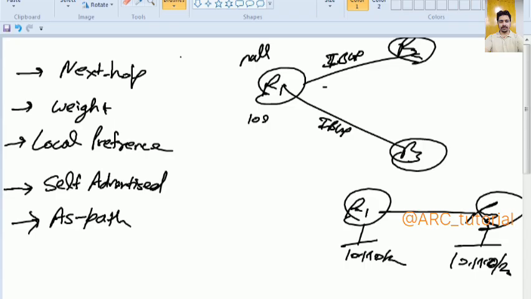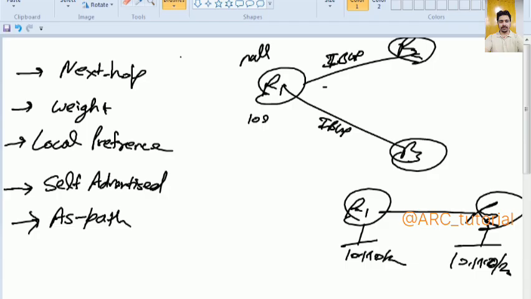So this time, let's say R1 is receiving a prefix coming from R2 as well as R3. Via both neighbors, it will calculate the total number of ASs available inside the AS path list of the received prefixes. Are you getting my point or not? So it will define as best path the one which reaches the destination network after crossing fewer ASs. Right? So a prefix which has fewer ASs inside its AS path list will be the best